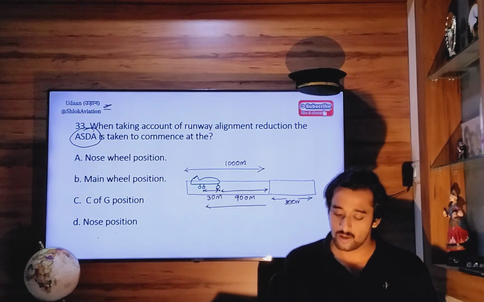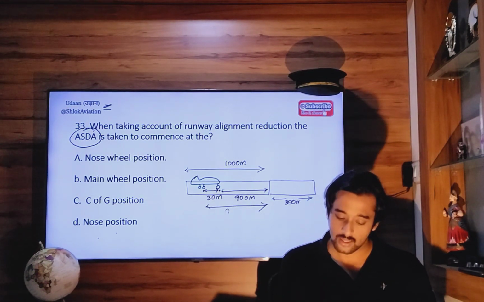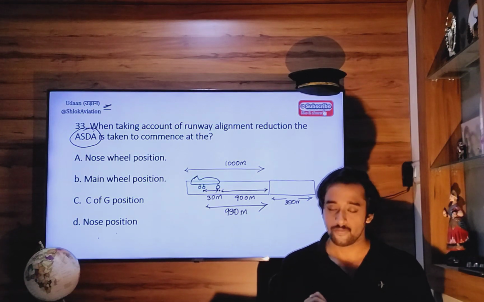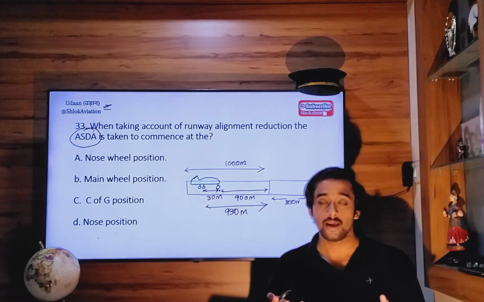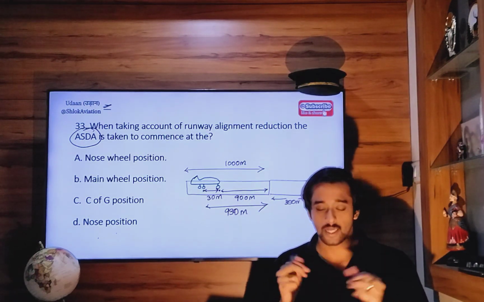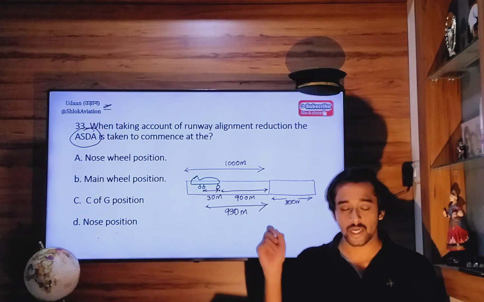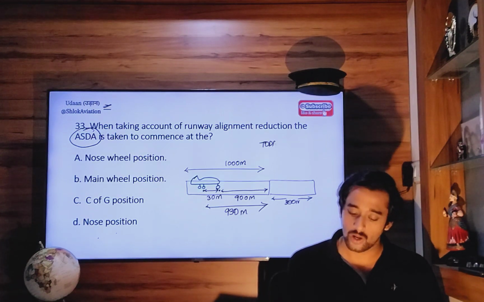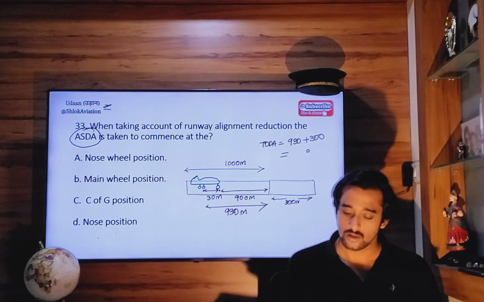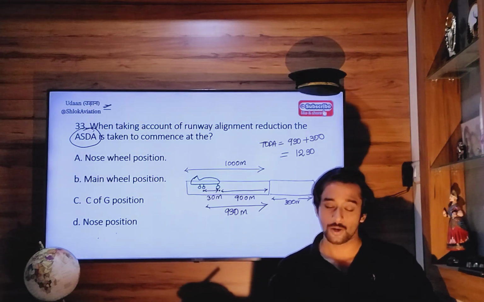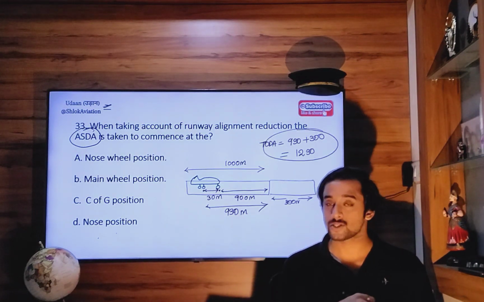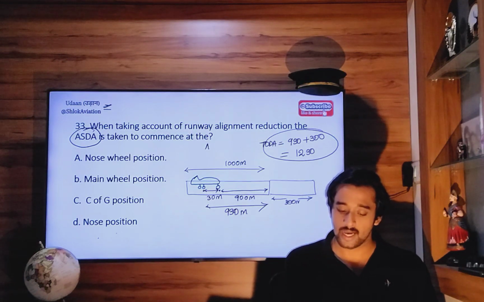So total distance available for takeoff run is 900 plus 30, that is 930 meters. Let's say this is your stopway and clearway. It can happen that both stopway and clearway are coinciding. In that case, this will be 300 meters. So takeoff distance available will be equal to 930 meters plus 300, which is 1230 meters. So you can see takeoff distance available is 1230, and previously we calculated accelerate stop distance available equal to